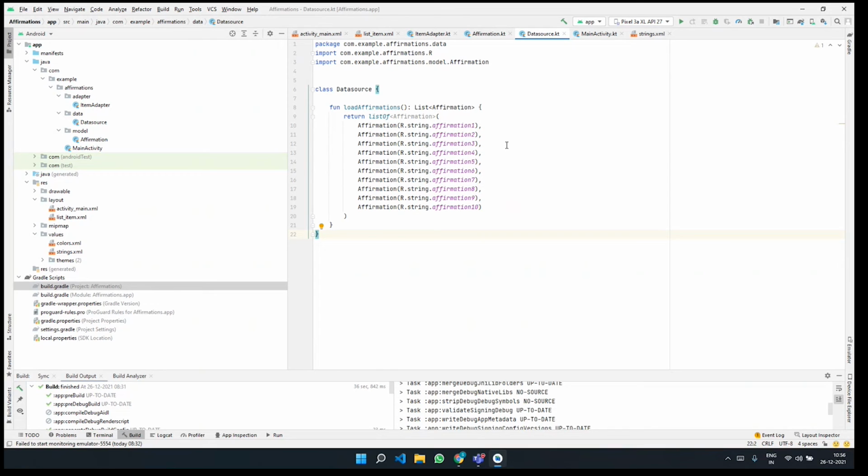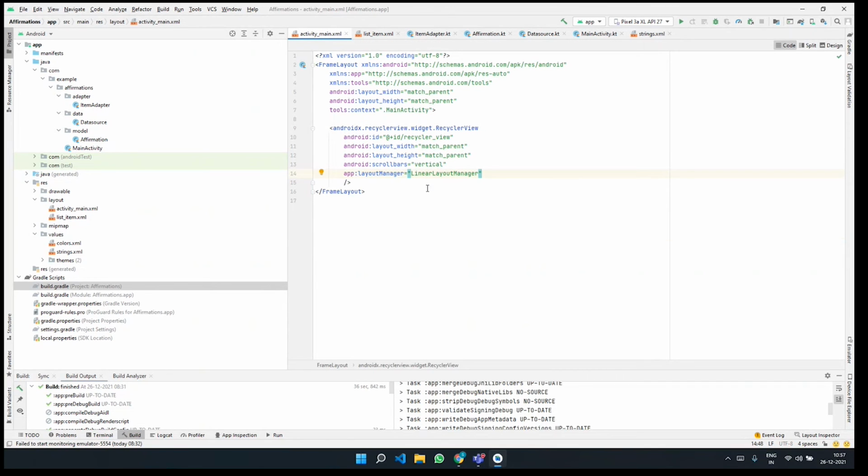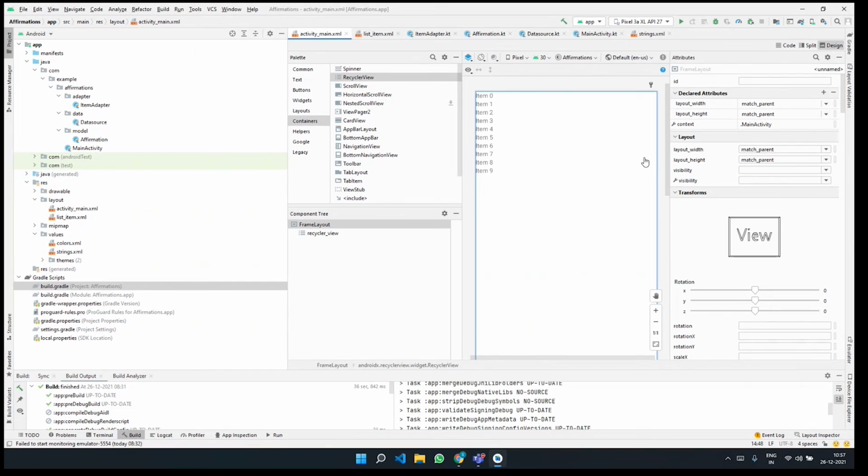And in the first session, we had also discussed the design elements, right? In the activity main.xml, we studied the different design elements and how we are referring to those design elements when you go to the design pane here. In this design pane, you have item 0, item 1, item 2, item 3, item 4, and so on up to item 9. These items are basically used to store all the list views.